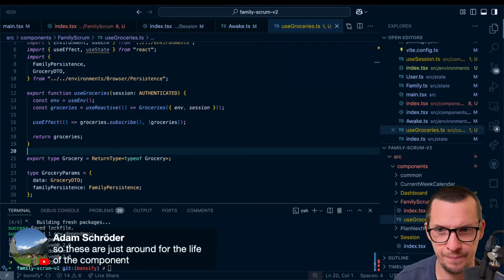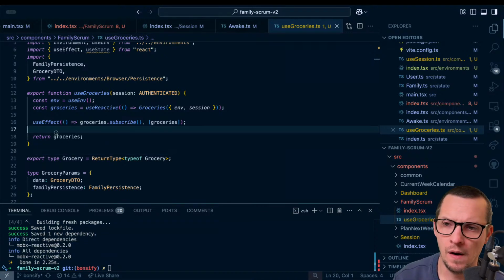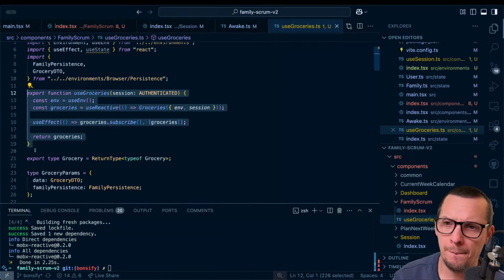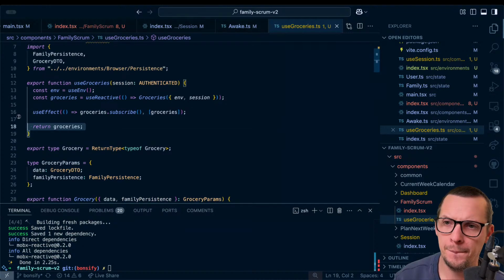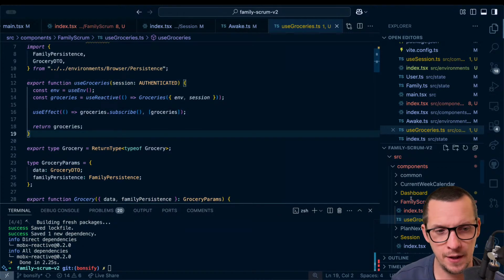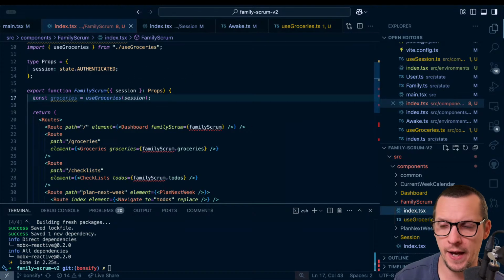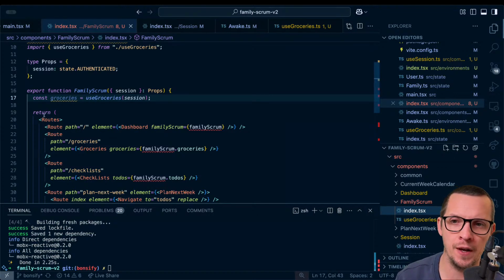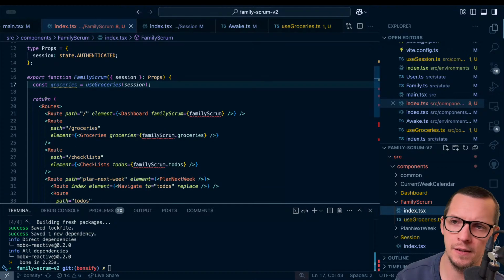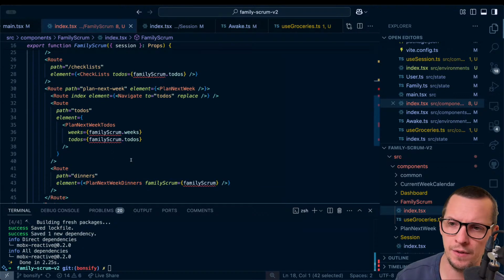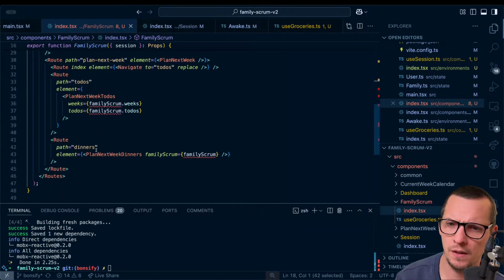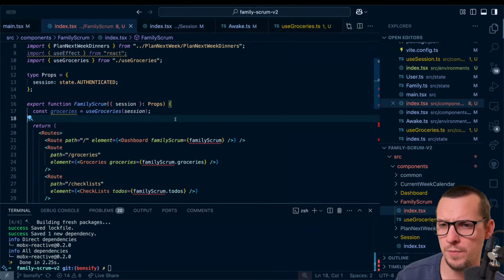Yup. So the family Scrum component would have groceries, to-dos, all the state that I want to live through the session. I will define it up here and then pass it down to the other components. Which makes a lot of sense to me.